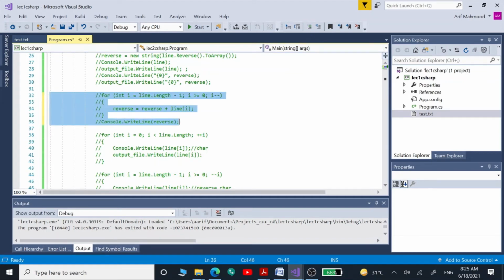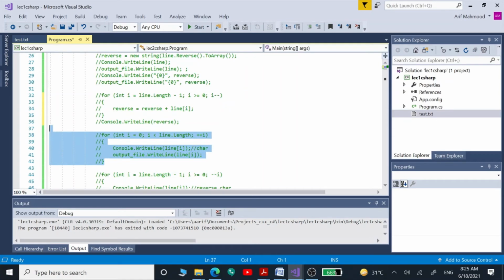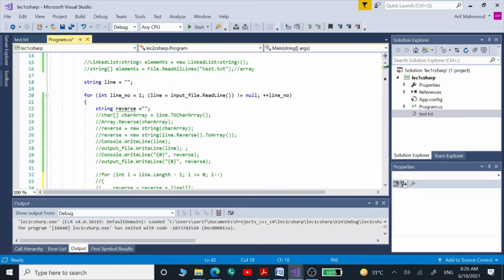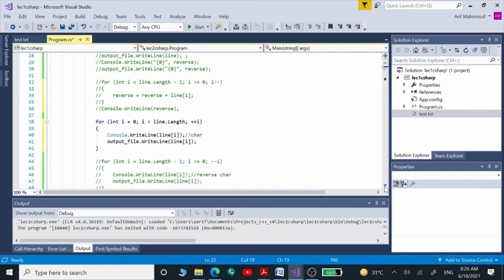So this is the for loop which we are going to use, and what we can do is, because we no longer are using this string, we can comment out this line.